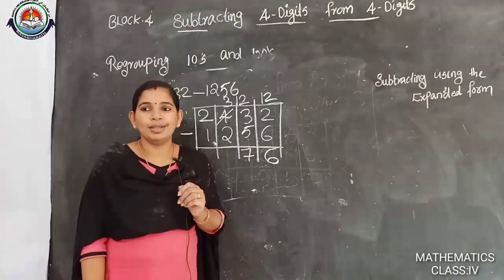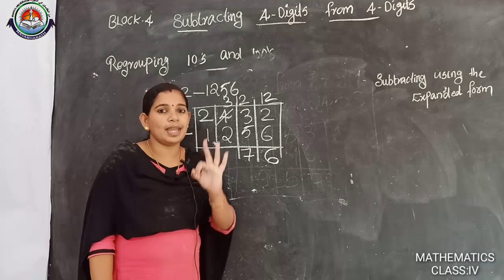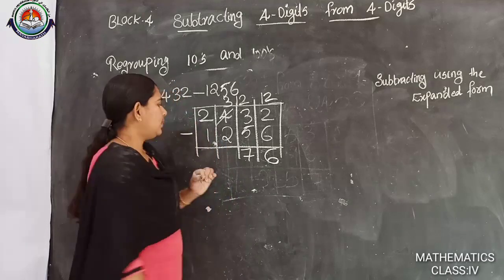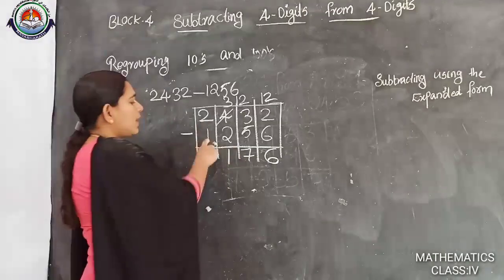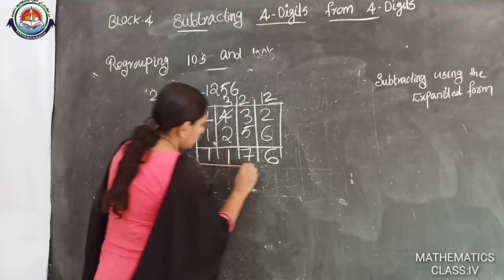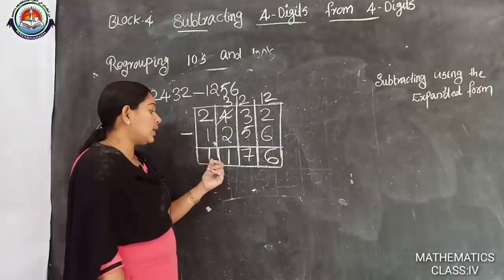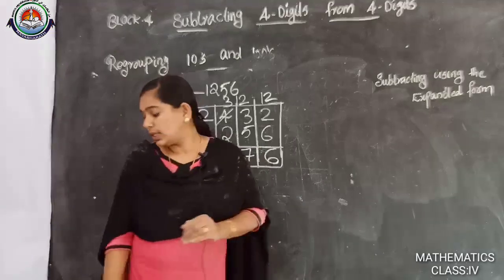Who says no? 3 is larger than 2. So it's possible. 3 minus 2 is 1. Then 2 minus 1 is 1. Okay, what is the answer? 1176. So same way,